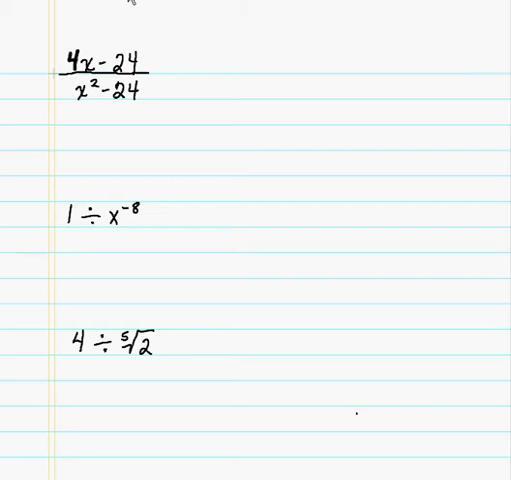In this video, I'll explain these three problems for you. As we look at the first one, we might want to try to factor the top and the bottom. So as I look at the top, I notice that both of the numbers here are divisible by 4. So I could factor out a 4 from each of the terms, leaving me with an x, because 4 times x would give me the 4x, minus 6, because 4 times 6 would give me the 24 that was originally